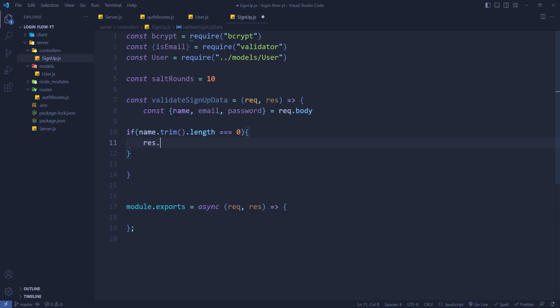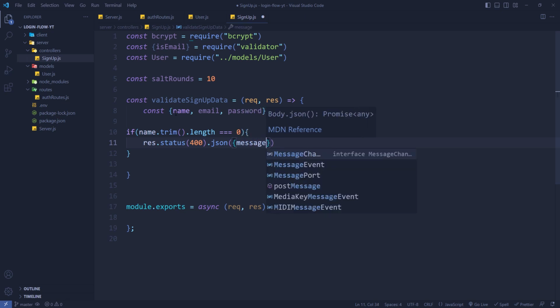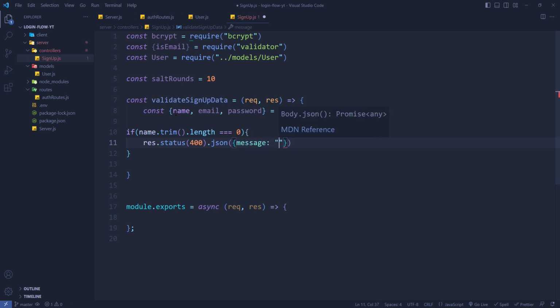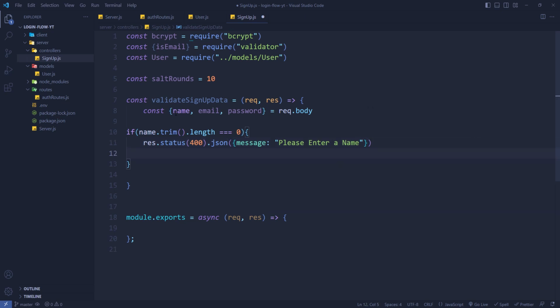So we'll do res.status of 400, and in JSON we're gonna write message: please enter a name. Then we're gonna return false, and I'm gonna copy this